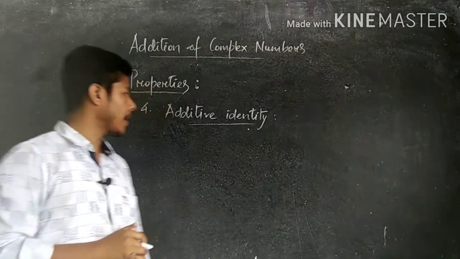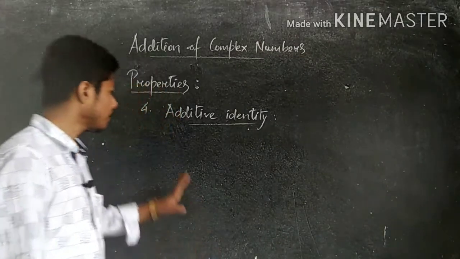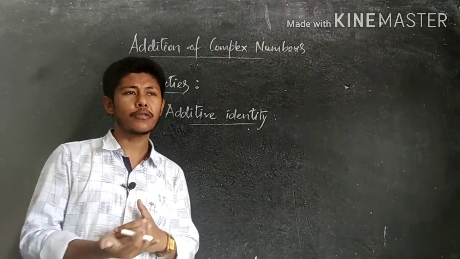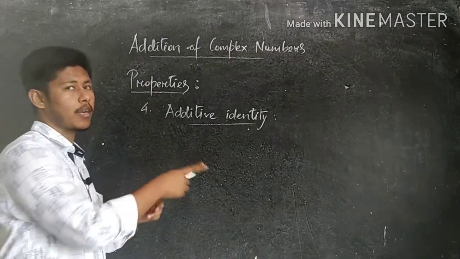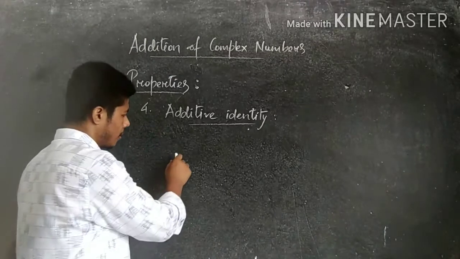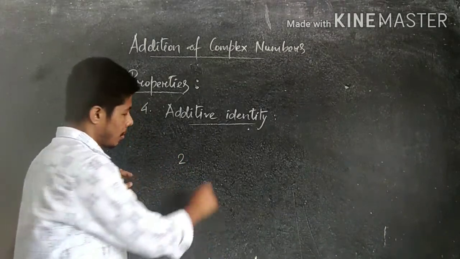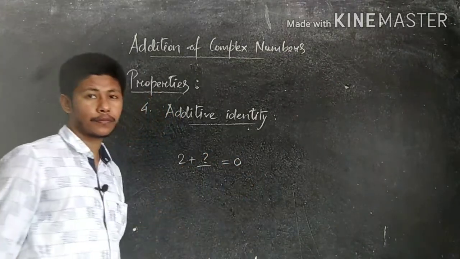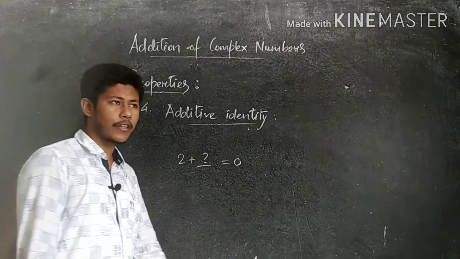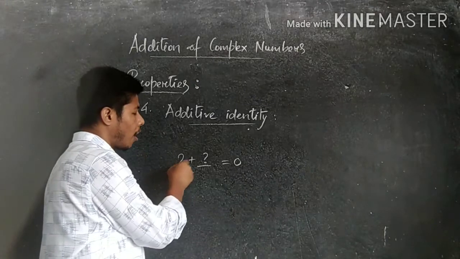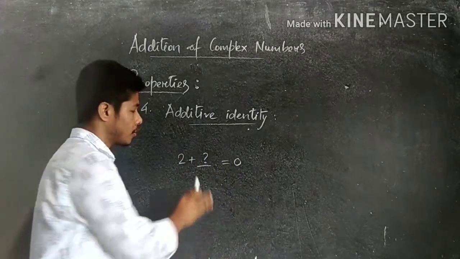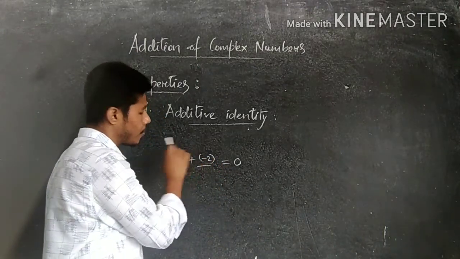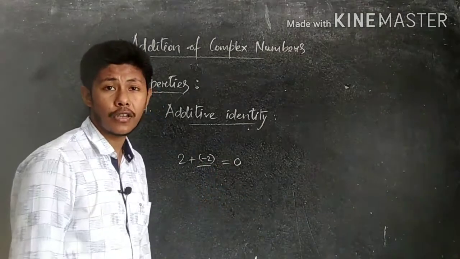So in case of additive identity, what we get here? Let's see. Heading is existence. So the meaning is what here? Suppose first of all, before complex number, let's take an example, a real number if we consider. Suppose we consider an example 2. Now the question arises here, how much we have to add here to get the result 0? With 2, how much we have to add to get the result 0? So obviously our answer is minus 2. If we add 2 with minus 2, then we get the result 0.